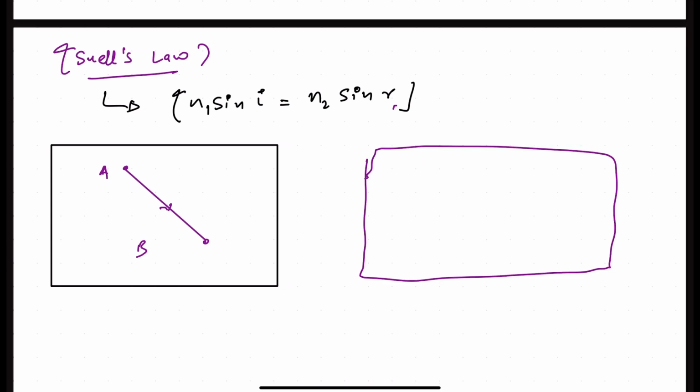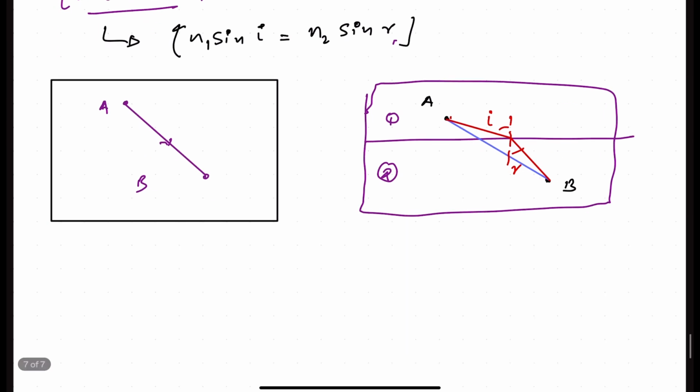So suppose this is medium 1 and medium 2, and there is a point A and a point B. We know that the velocities in both mediums are not equal. So if we take a straight line path, that will not be a minimum time path. That's why light is intelligent. It will choose some kind of path like this, and this path will give the minimum time between point A and point B. Using this fact, if we take this as i and this as r, we will get n₁ sin i equals n₂ sin r, or we can simply put sin i, because we are taking one medium as the vacuum and the other medium as some medium.